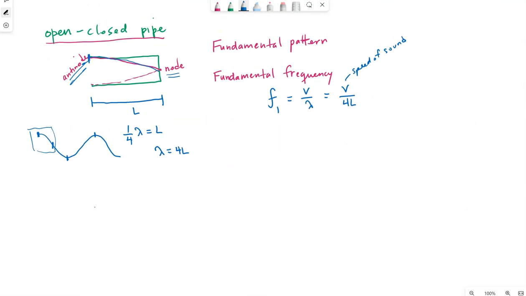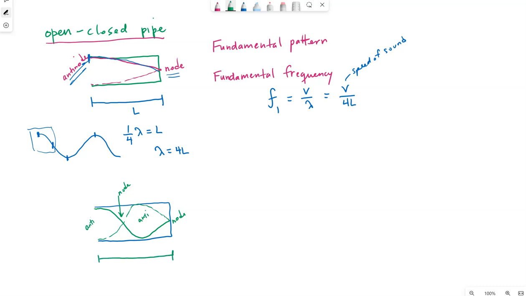If I draw the next pattern, so let me draw the pipe again. I have to have an antinode here. I would add an antinode in to get the next pattern. I tried. So we end up with a node. We have an antinode here, an antinode here, a node down here. So this new pattern